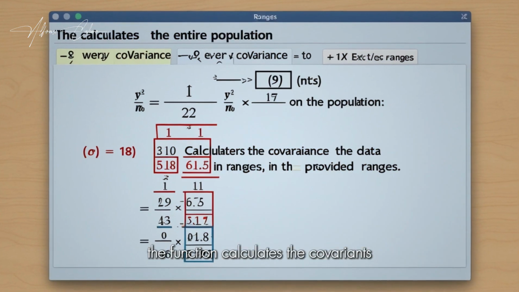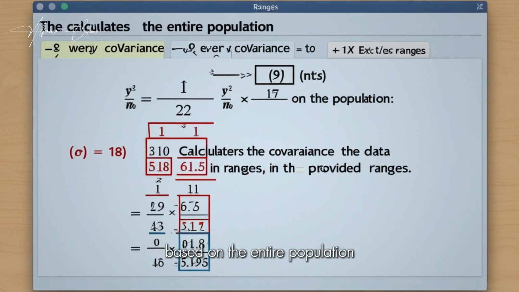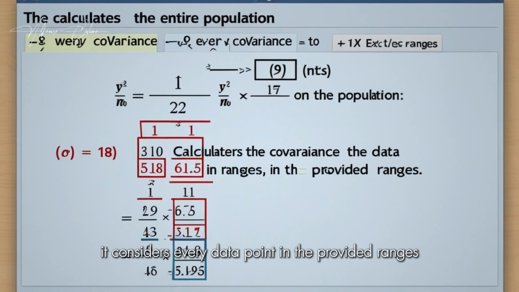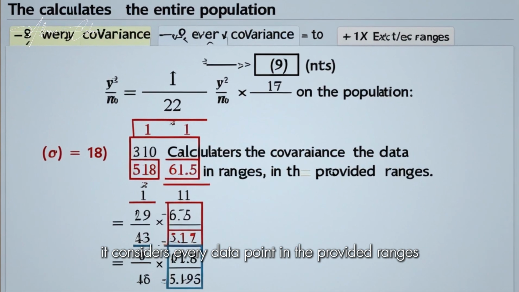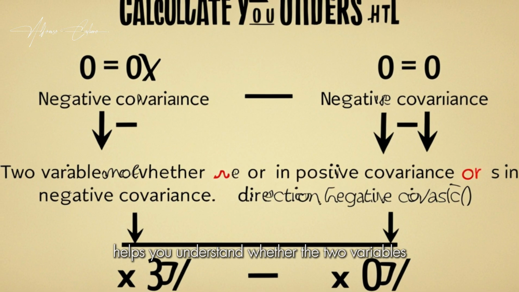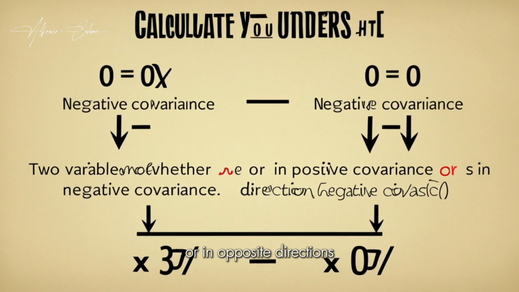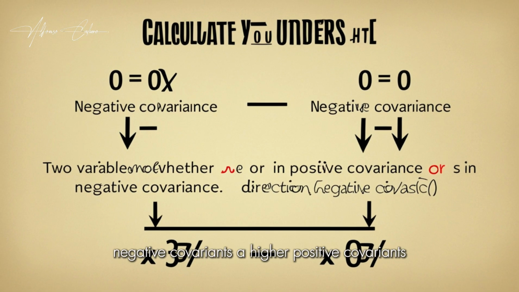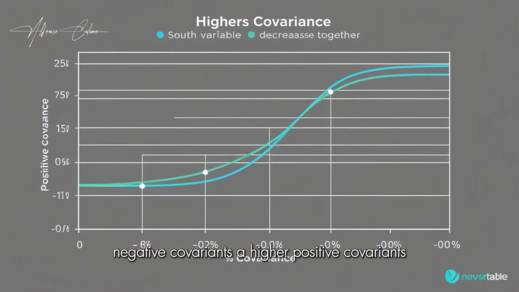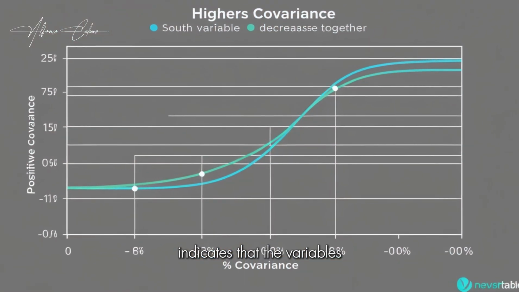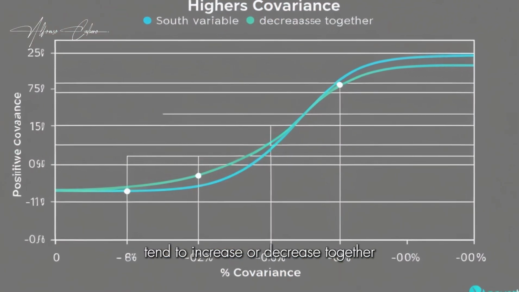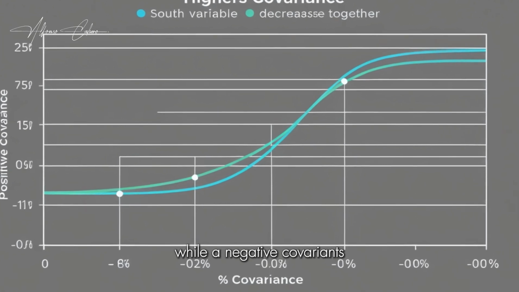The function calculates the covariance based on the entire population, meaning it considers every data point in the provided ranges. This calculation helps you understand whether the two variables move together, positive covariance, or in opposite directions, negative covariance. A higher positive covariance indicates that the variables tend to increase or decrease together, while a negative covariance suggests they